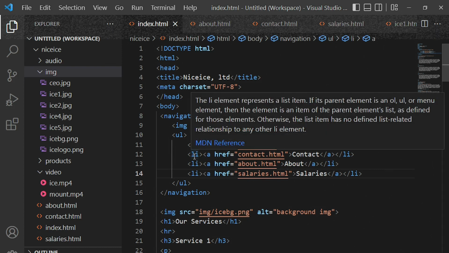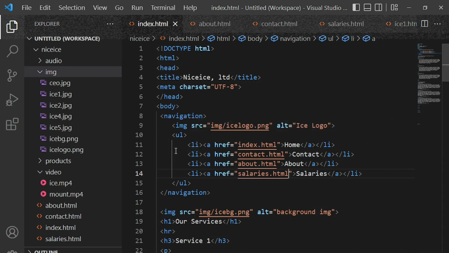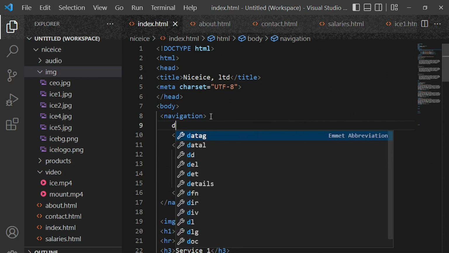There's yet one thing we did not do, or we're yet to do. So you see this, our logo, we need to wrap it inside a div because it will help us style it when we get to the CSS part. It will also help us link to our back to top button. Okay, so all you need to do is to give it a div. So let's come down and put div,